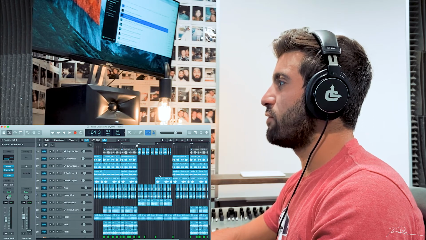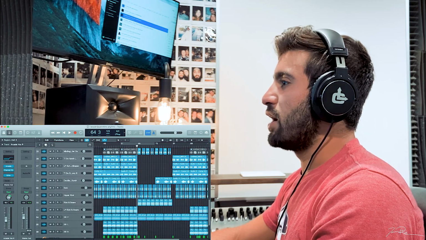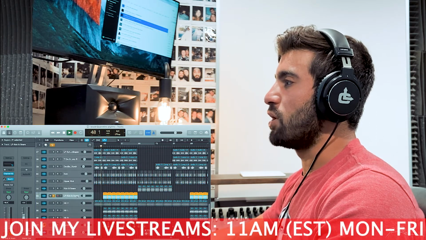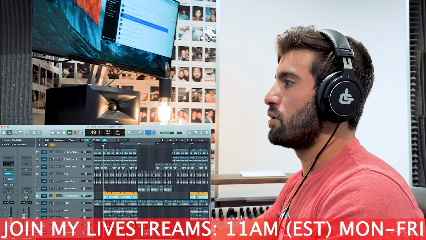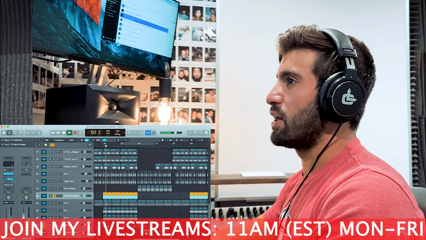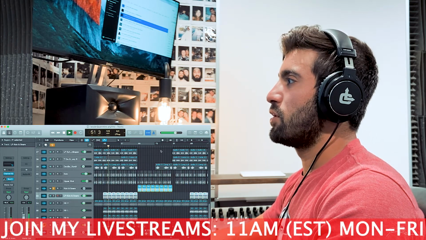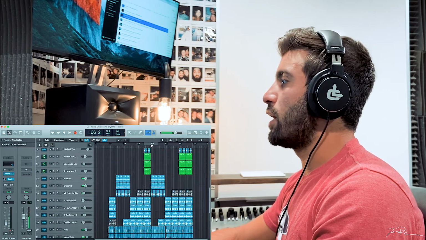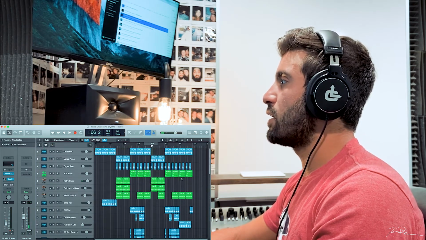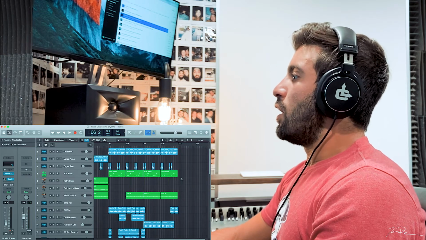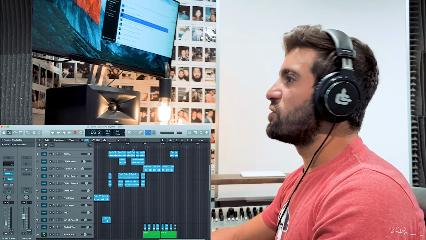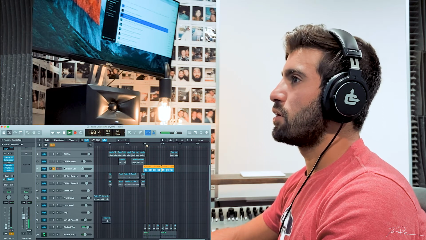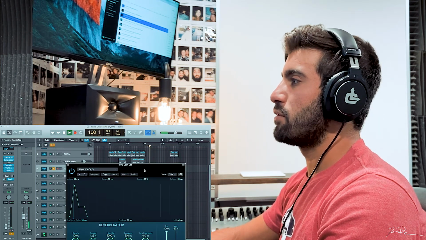All right, now let's move on. Similar kind of thing going on in verse 2, nothing really changing, except for the fact that in the chorus, we have a low pass filter on these drums. See how we got the low pass filter as opposed to the verses, where it's a little brighter. All right, and that's about it for that. Pretty similar. And then at the end, we have a ton of reverb on the vocals right here. Ton of reverb in the end verb.